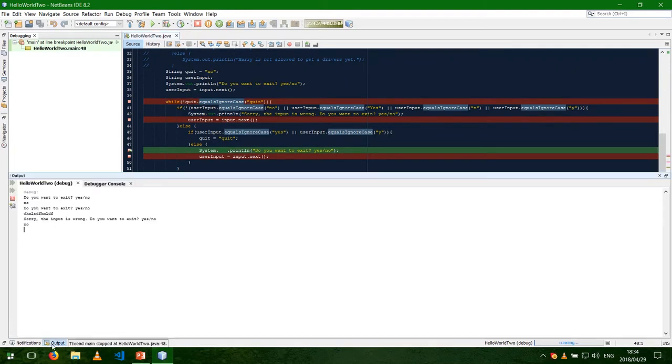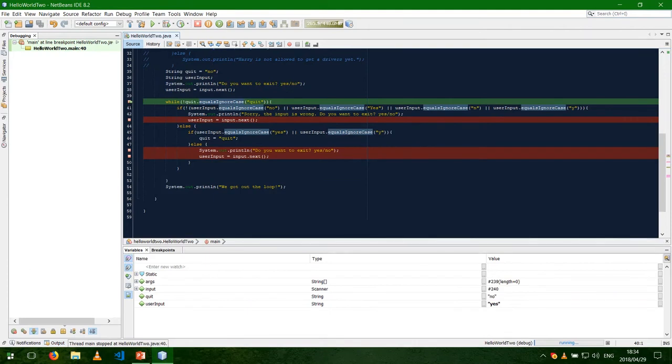If we check our output here. Sorry, we need to go to the next one, because this hasn't happened yet. Do you want to exit? It's over here. Yes or no? Now we click yes, and we click enter. We click the play button, so it goes to the next step, goes back to the while loop, evaluates it, yes. Now if we click play again,